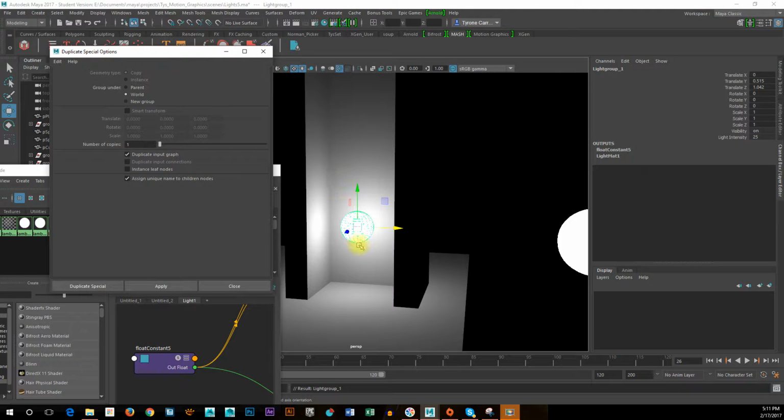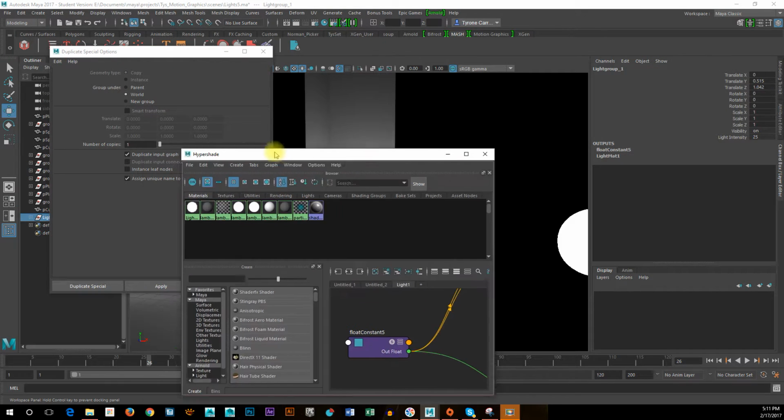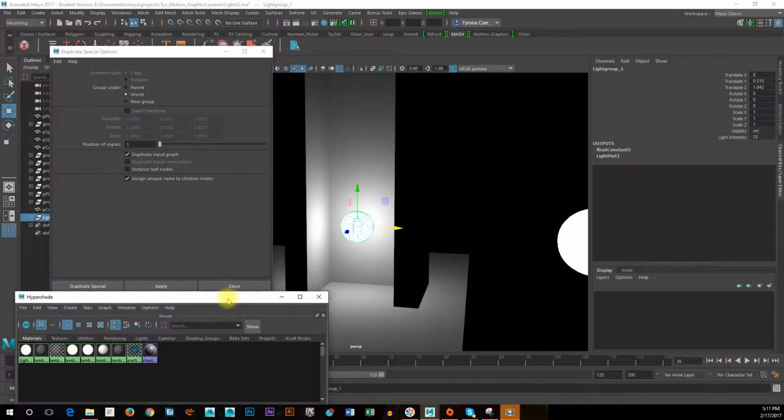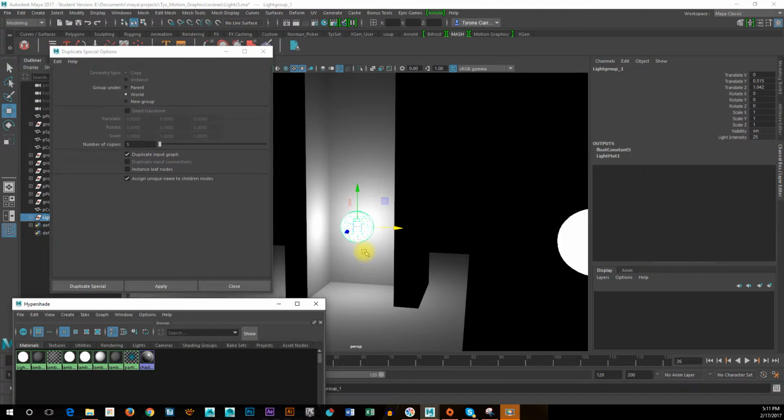What that basically means is that when I duplicate this, it's going to duplicate the light and the sphere, basically everything in the group, everything but that material. Okay, so if I just do a duplicate, a regular duplicate is not going to work right. I'm duplicating the input graph, which will in turn make a duplicate hierarchy of how all of this is laid out. So I'll have another set of these options that are in here minus the material, and then I'll show you how to fix that. So I've got this, duplicate special,